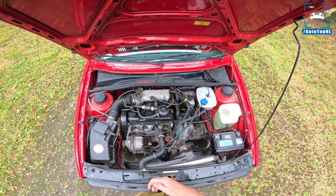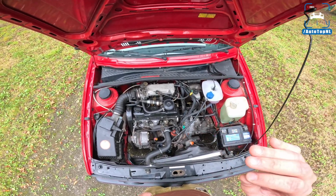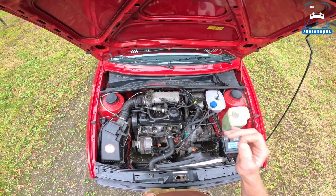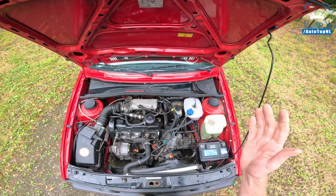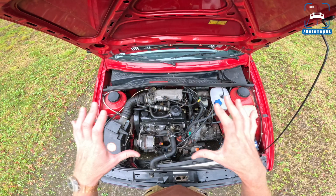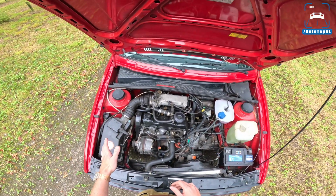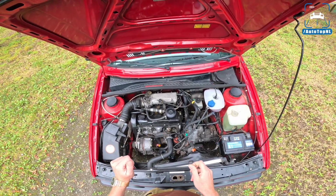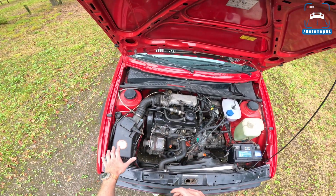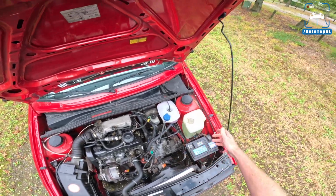There are later versions of the Golf Mark II that have a newer 1.8 liter with 16 valves, so 4 valves per cylinder with a new head design. And those cars have 139 horsepower, or 129 horsepower if you have the catalytic converter version. So this car weighing 960-ish kilos instead of the 840 of the Golf Mark 1 GTi, it's actually slower. Potentially, it's slower than the Golf 1 GTi. When this 107 horsepower version was introduced, it was slower than the Golf 1,